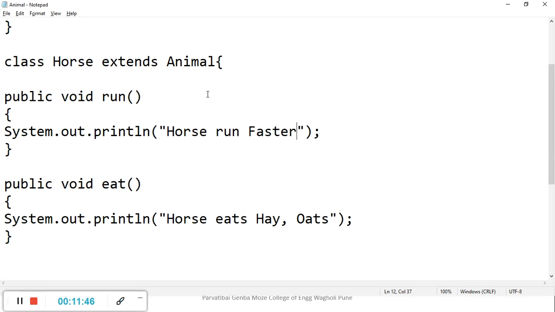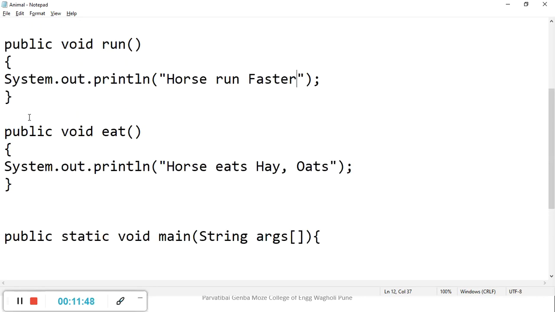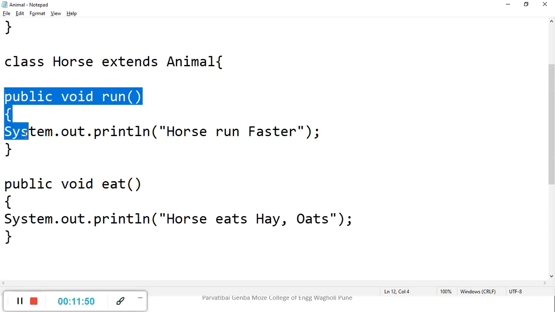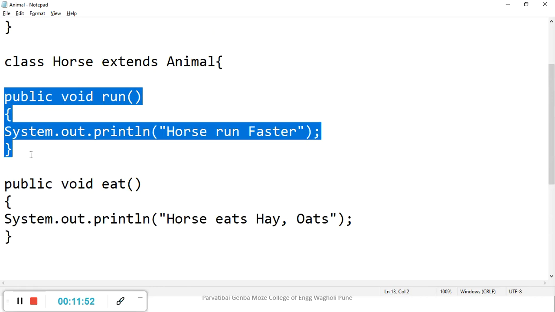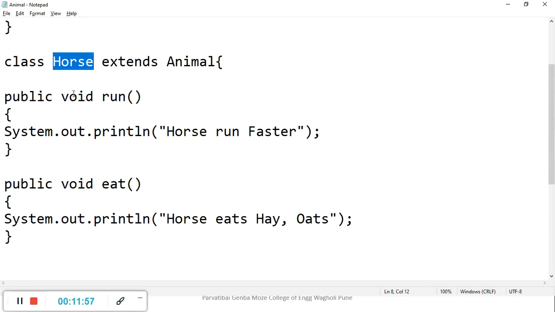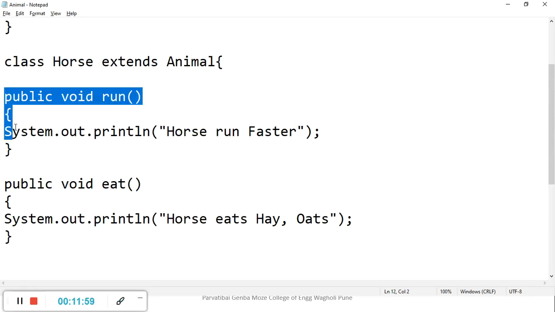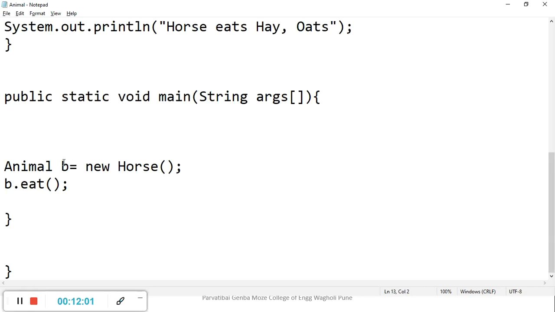This method is written. What we have done, we have created another method exclusively in the Horse class, public void run. Now here if I create a Horse object,